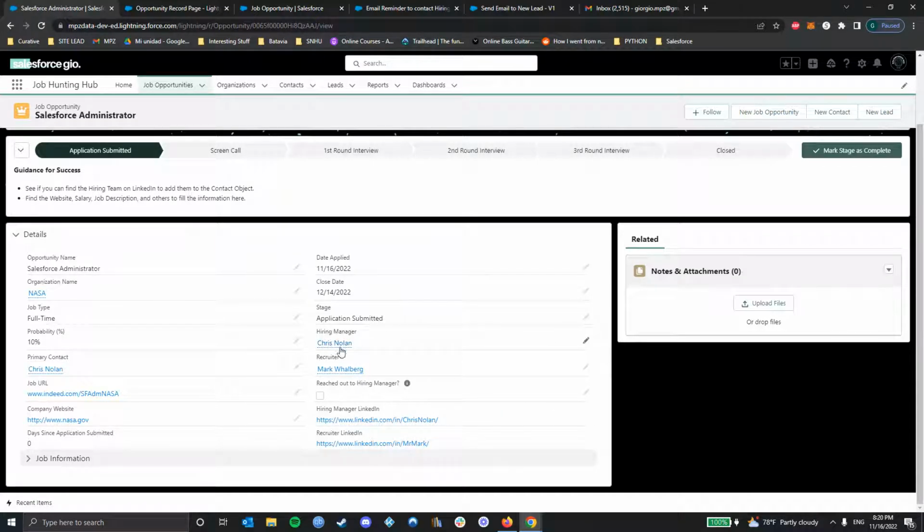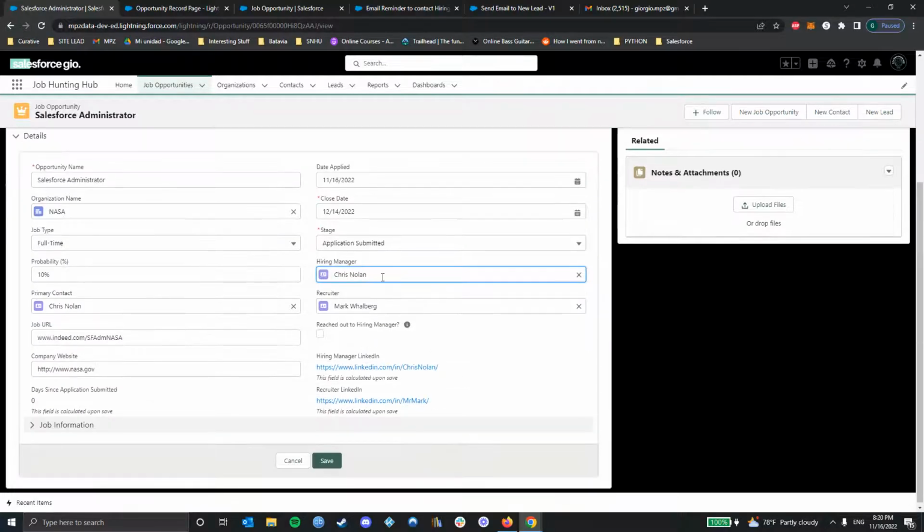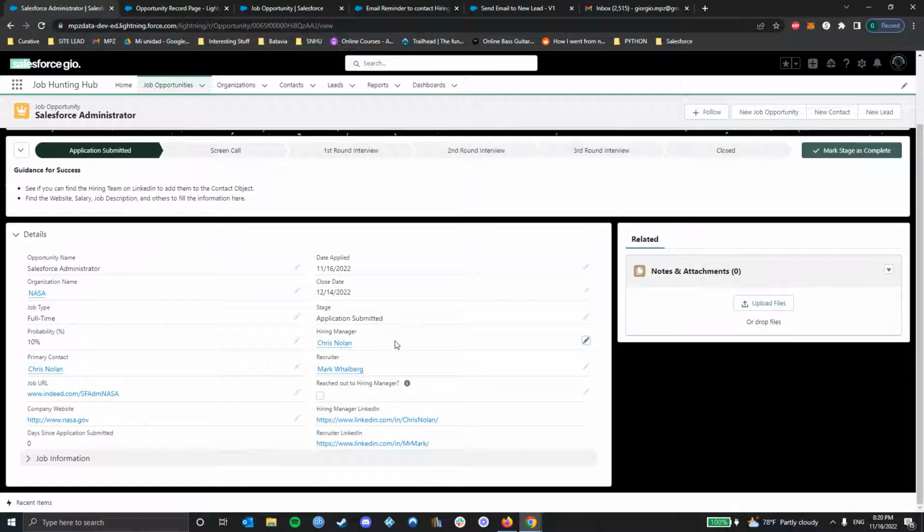Here also we have the name of the hiring manager. This is a lookup field to a contact, to the contact object. So you can choose whoever your contact is for this job application. Also here I added the socials of the hiring manager and the recruiter. Down here